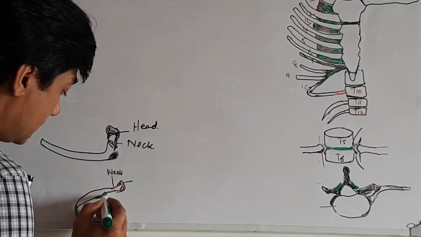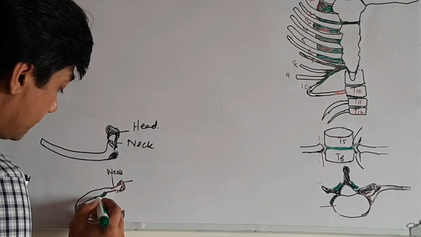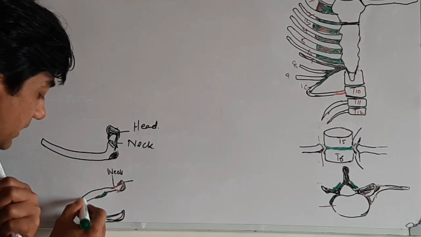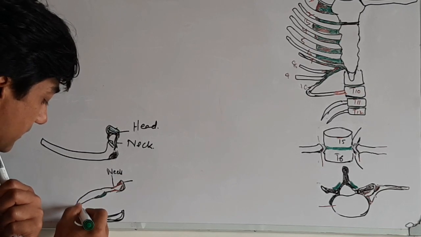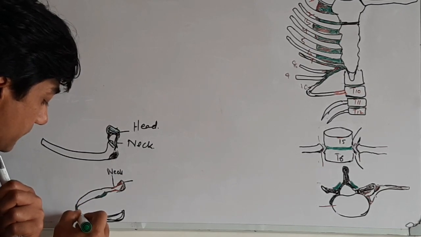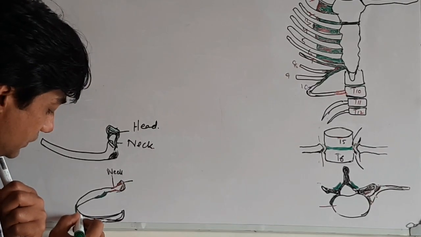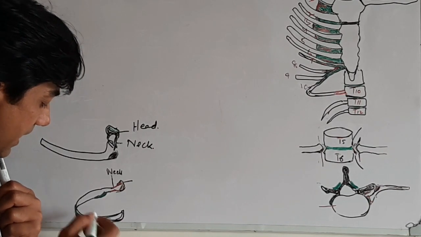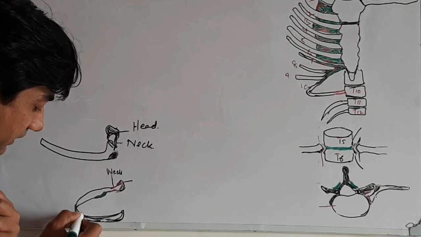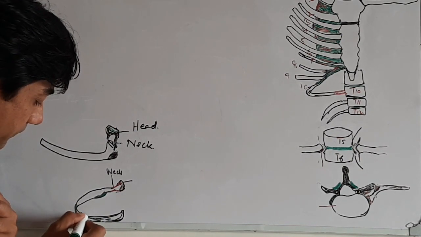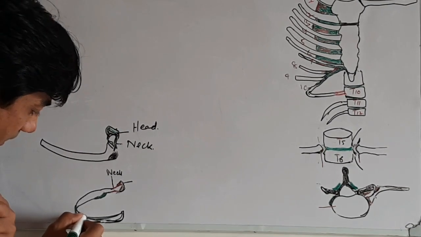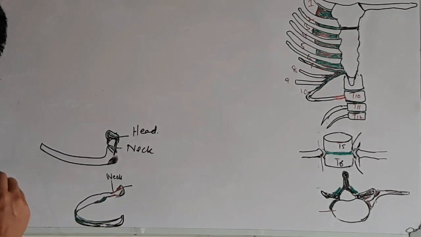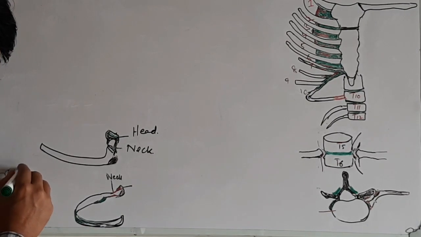Small rounded projection, the process. Beyond the tubercle, distal to the tubercle, there is an angle. Beyond the angle, there is a shaft. Inferior to the shaft, there is a costal groove. A margin, a bony margin. Groove means margin.